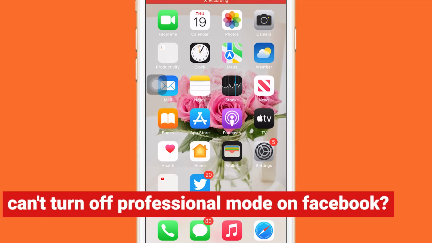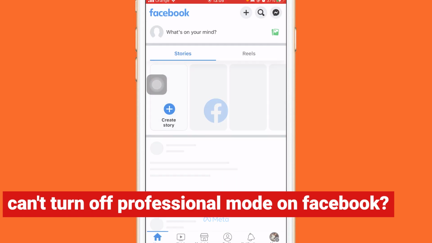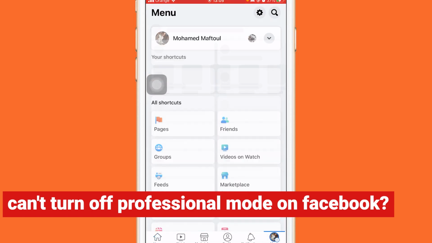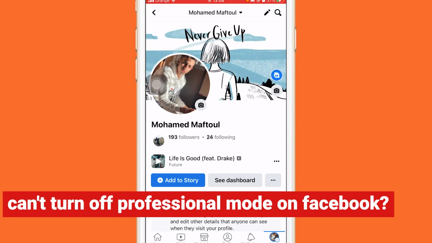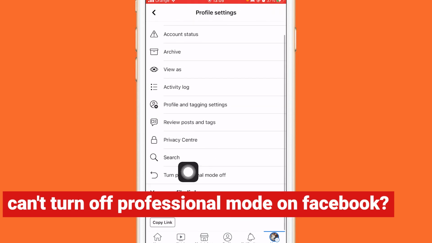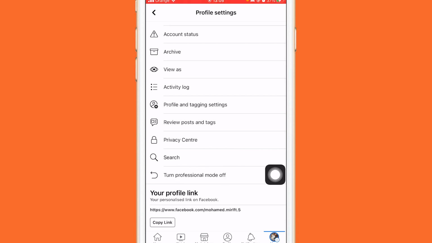In this video, I'm going to be showing you guys how you can turn off professional mode on Facebook. Now, if you can't find that option where you can turn off professional mode, you have turned it on, but after you want to turn it off, it doesn't show up. Like there is no option where you can turn off professional mode. You don't see this turn professional mode off. Now don't worry guys, just follow these exact steps and this is going to be a quick and easy tutorial for